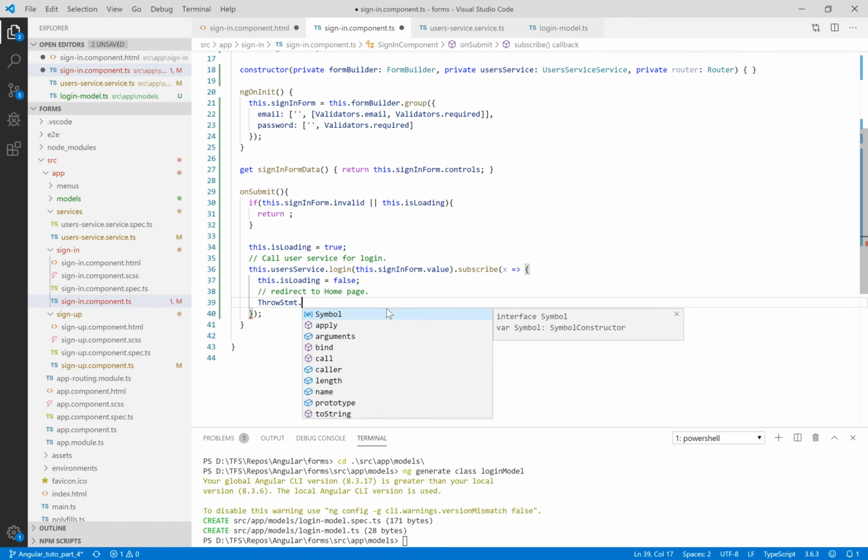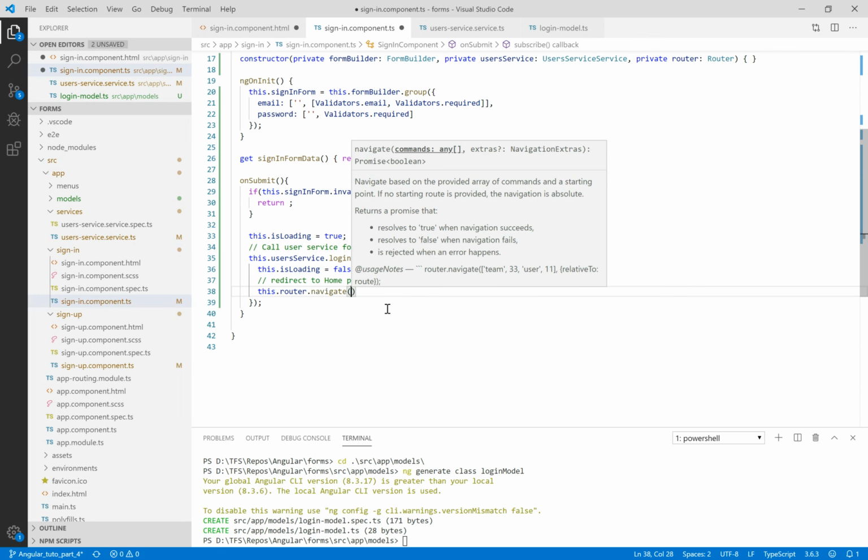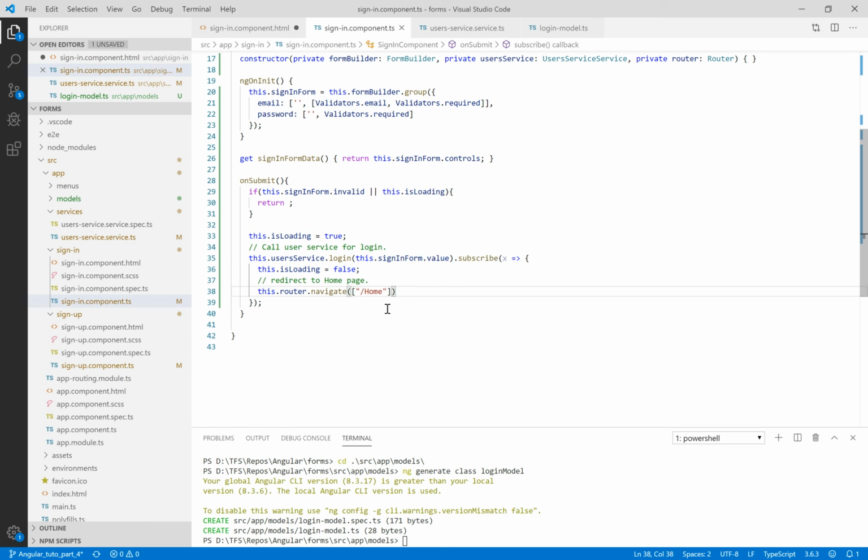and here we need to make this.router.navigate, and here we need to put the path to the home page. So let's make /home,